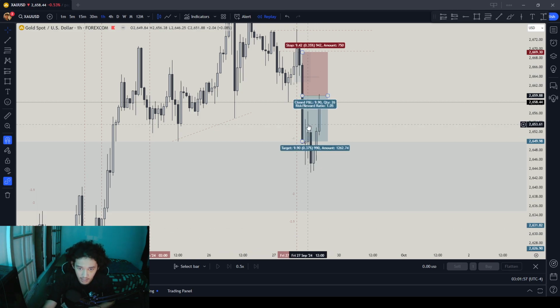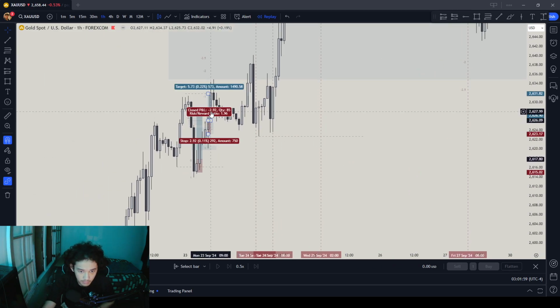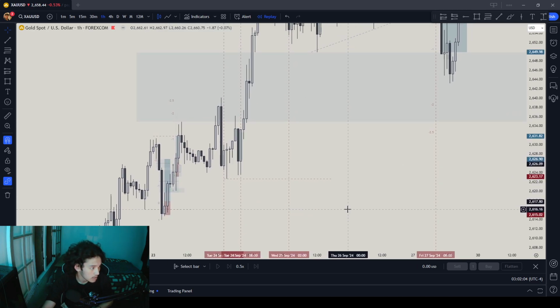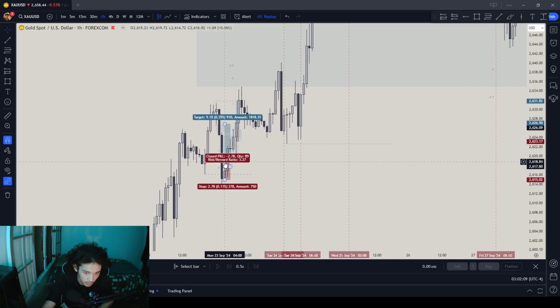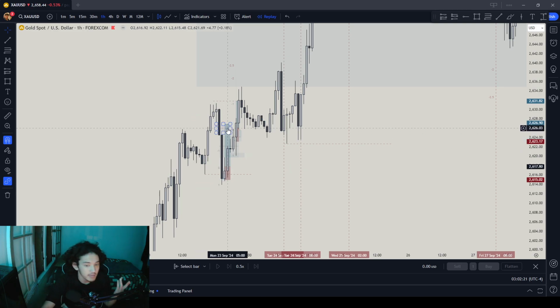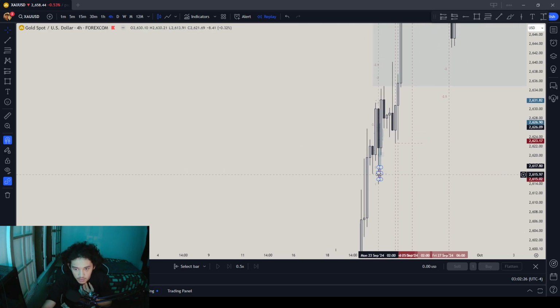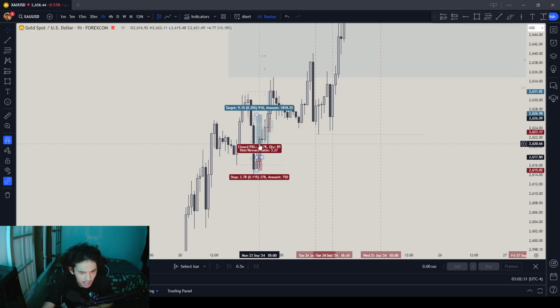But I could have had a 1, 3, 6 RR week, but we learned along the way. This one was going against the draw on liquidity rule. What was I looking to do over there? I was looking for longs or shorts. Wait, this would not even have been a trade because during this time I was looking for a long as well. Yeah, during this time I was looking for a long as well. How did I not take a trade?